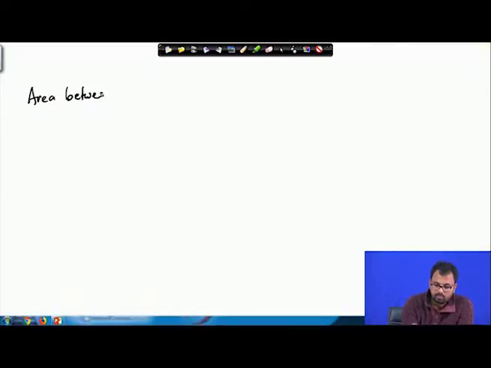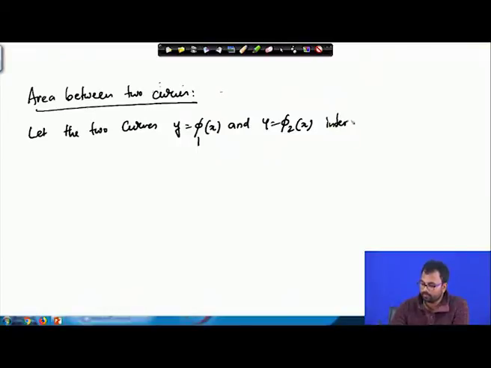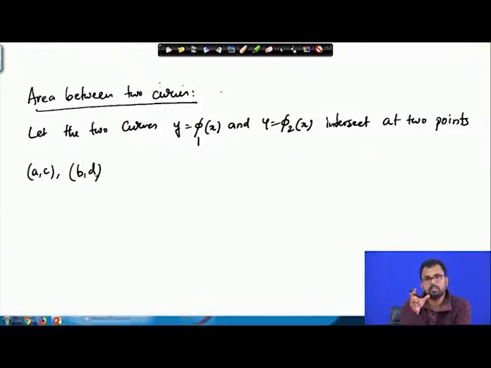between two closed curves, or simply curves; they don't need to be closed. So between two curves, I have to write the definition. Let two curves y equals phi 1 of x and y equals phi 2 of x intersect at two points, say A and C, AC and BD. So they are intersecting at two points, and let